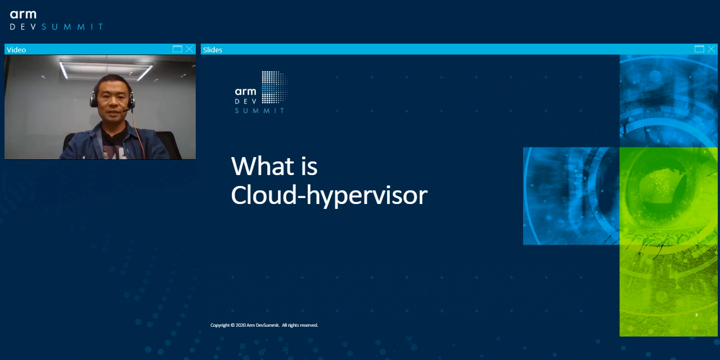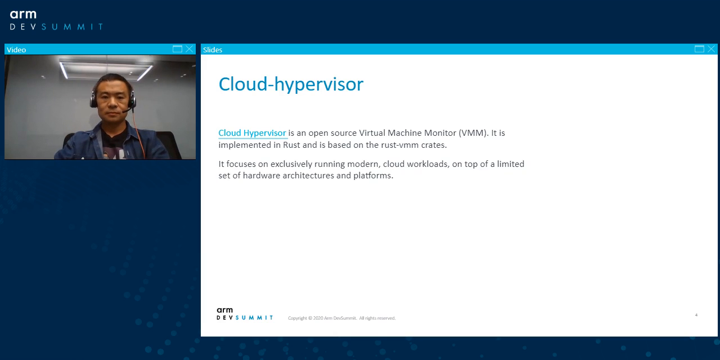So, what is Cloud-hypervisor? Cloud-hypervisor is an open source virtual machine monitor, or VMM. The project was started by Intel in the middle of 2019. It is implemented on top of Rust-VMM, which is another open source project majoring in providing software components to build